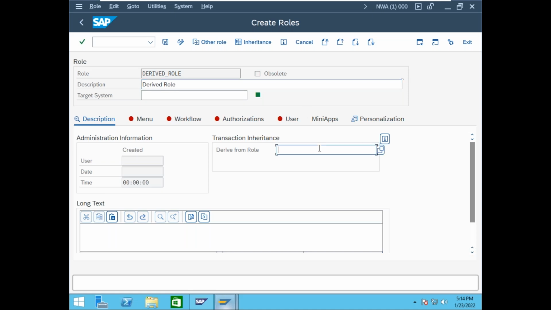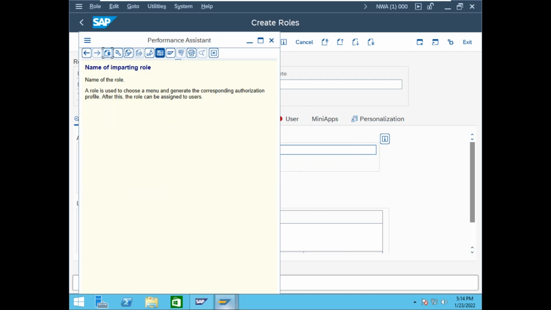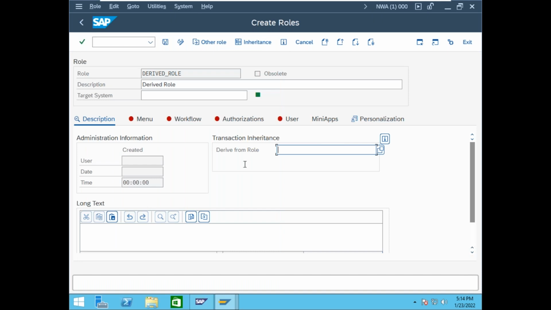Is there any theory we want to check? No, there is no theory. A role is used to choose a menu and generate the corresponding authorization profile. After this, the role can be assigned to the users. Here you want to enter the single role name. In the derived role input field, you want to provide a single role. They do not take a composite role. You provide only a single role. For example,